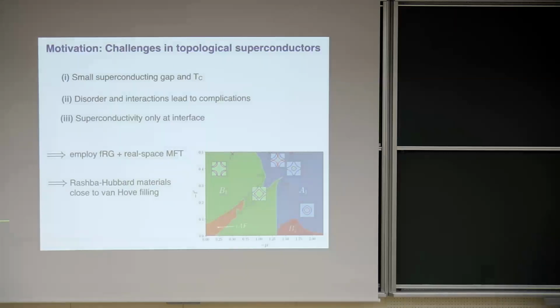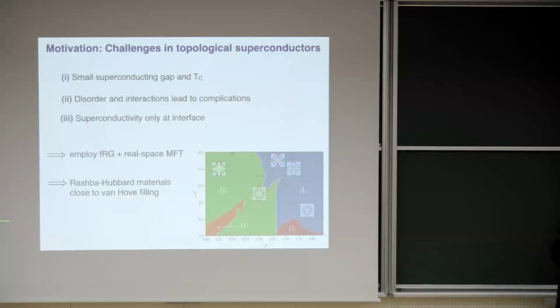So what is the challenge that one typically has when one looks at these topological superconductors? One of the challenges is that the transition temperature is very small. Usually it's of the order of a Kelvin or maybe just millikelvins. That means the superconducting gap is also very small, and this topological protection is only as good as the size of the gap, meaning any perturbation that is bigger than this gap will destroy the features that you're looking for. So we want to have something with a large Tc and a large gap.